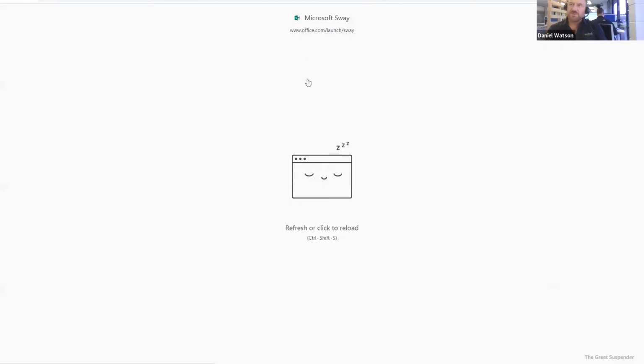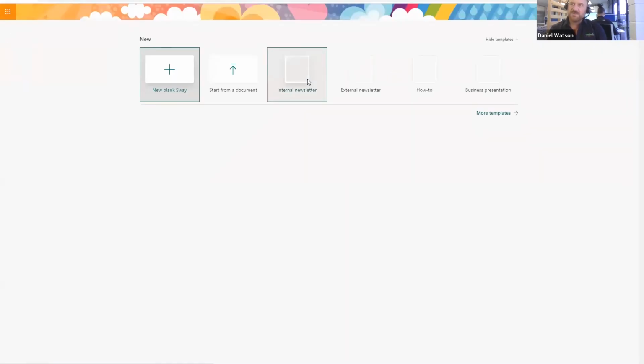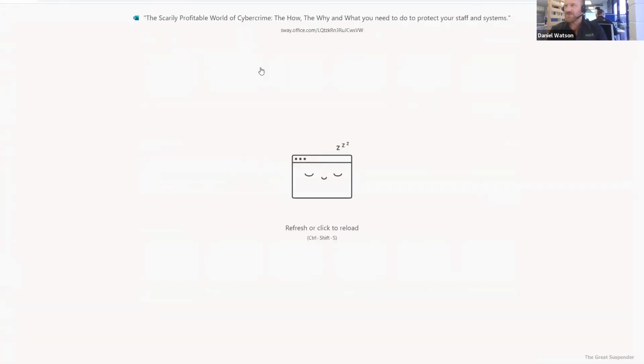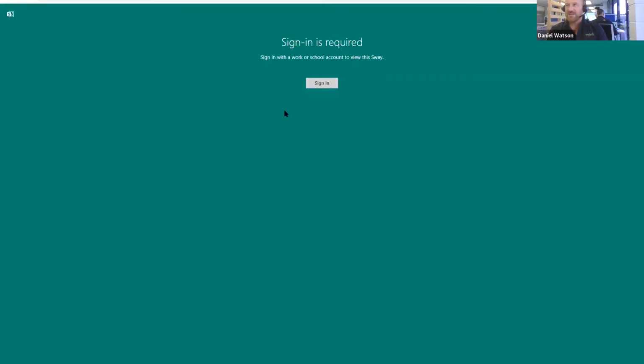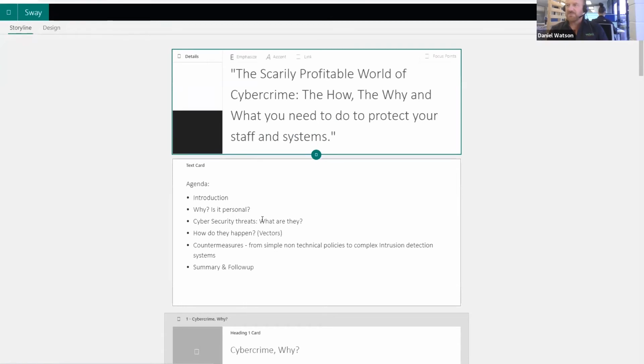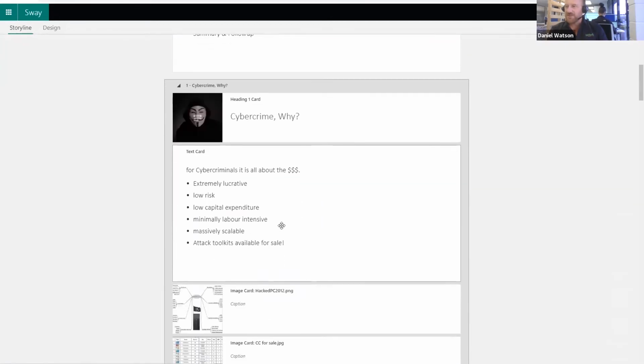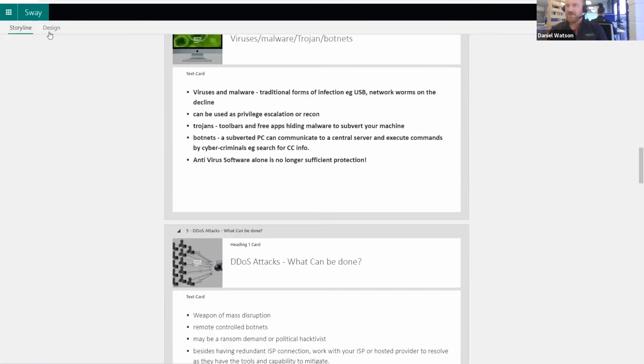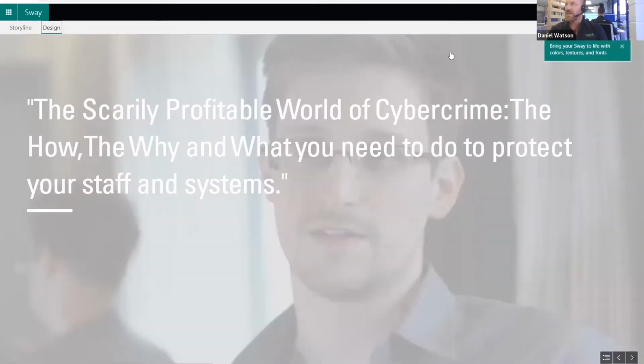Another tool within the kit is Sway. And Sway is another way of delivering really sharp presentations. I'd love to show you a really sharp one, but this is just the one I created some time ago for doing cybersecurity presentations. And this is how you fill it out. You've got these cards, and you can put lots of different things in there. And then you can play it as